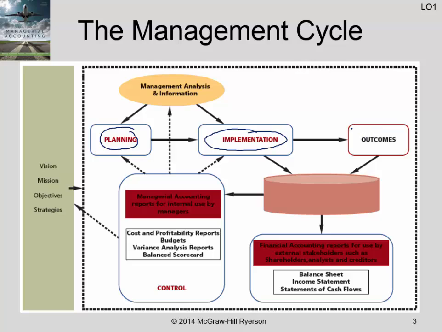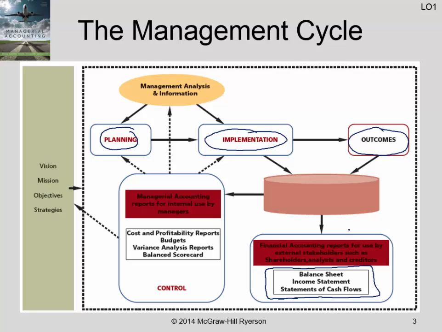What you want to take away from this diagram is that a business is going to have its overall purpose here on the left, the mission, vision, objectives, and so on. They're going to guide the plans that it makes, which will drive the implementation. What you would have learned in first year, in financial accounting, talks about how to measure these outcomes in terms of financial statements. Those are the products you learned how to create last year, and they are used by external stakeholders.